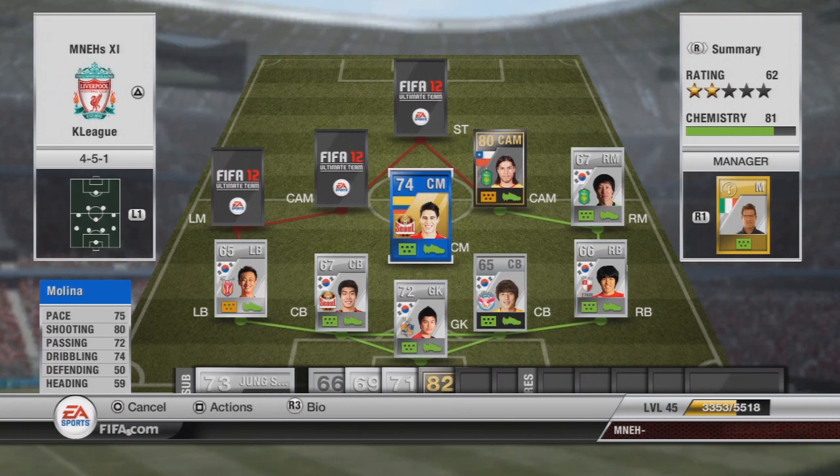Going to cost you about 29,000 coins. Very good, even though his stats don't seem fantastic. He's got a smashing left foot, one of the best I've seen. And the only reason I didn't put him centre attack mid is because of his pace, to be honest, because